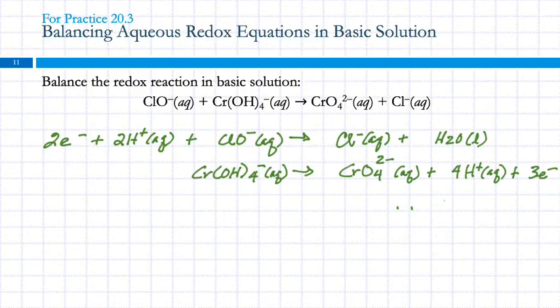The math is not hard, but it's very easy to get confused. First thing, why did you add 3 electrons? I added 2 electrons here because I need the total charge on the left side of the arrow to equal the total charge on the right side. And the right side is only -1, and now the left side is -1 also. Over here I have -1, and so -2, +2,